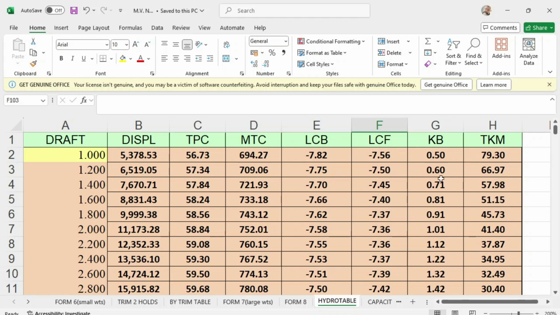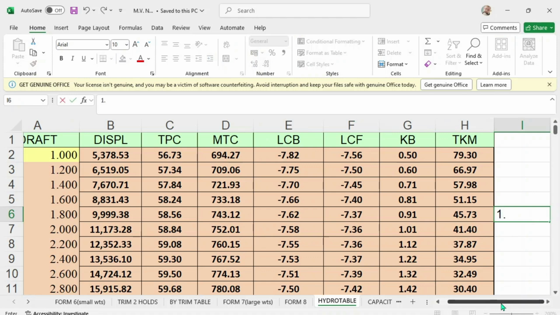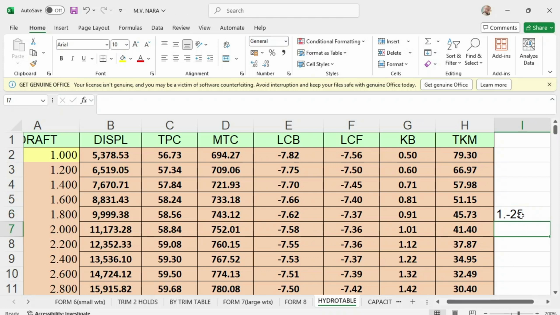Here we have the value of displacement. All these values, guys, from the hydrostatic tables are taken from the density of 1.025.